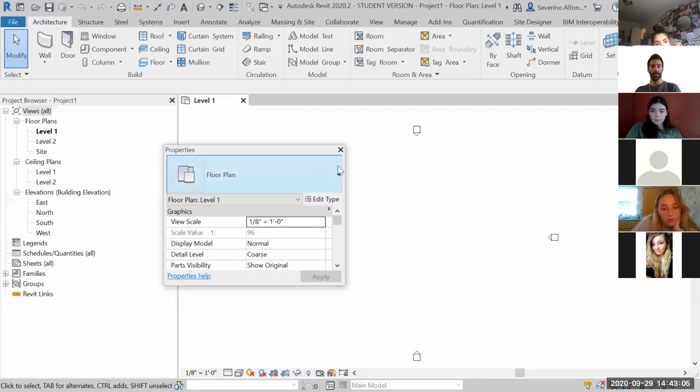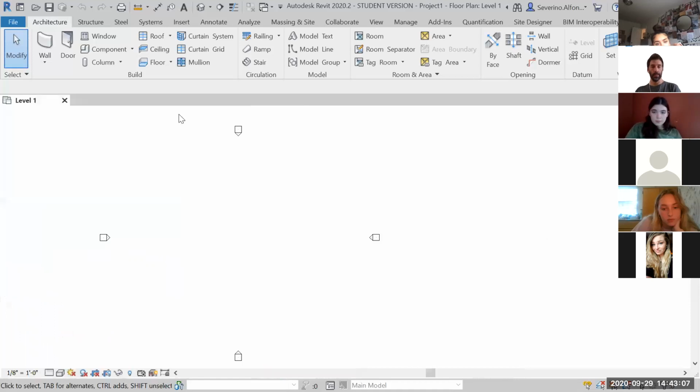You can obviously close them, but I will say that you don't do that. You should not close your property panels nor your project browser, like I just did. So if you close them by accident, or you go to a computer lab and they're closed and you don't know where to get them from, remember that it's in View. So the View option here